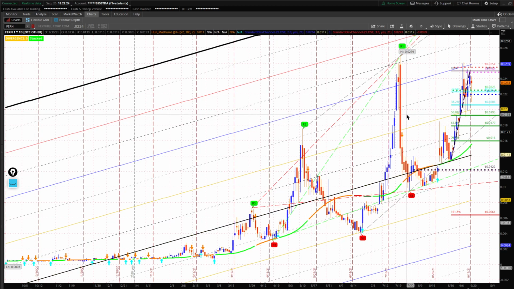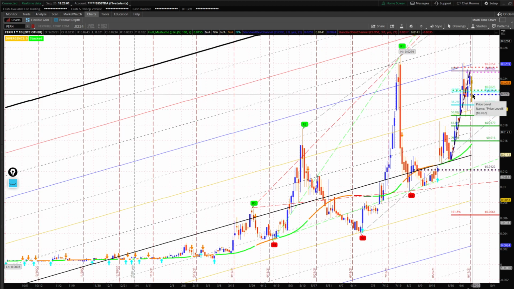Fern on the daily chart. This, again, is a very, very strong move upward here. We had some dips down to the 50% Fibonacci level and continued to come back up. A sign of strength. We were down 3.7% today. So tomorrow, what would be really nice would be, not just the topping tails and the bottoming tails, this is called being very whippy, but the actual bodies of the candles